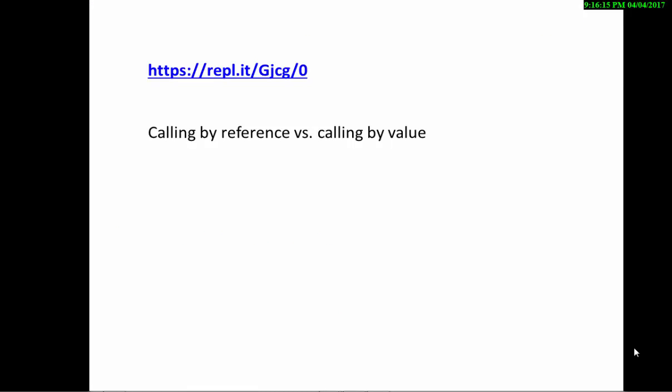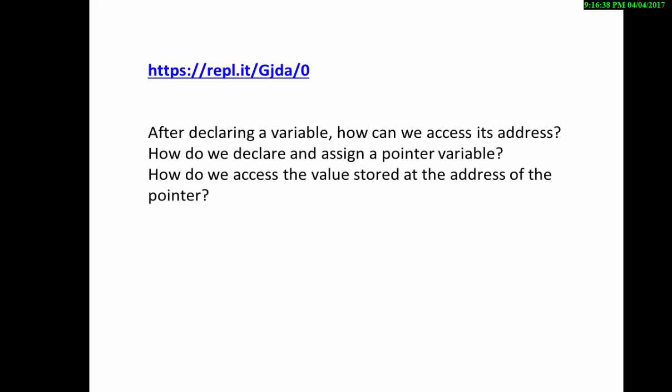All right, that was a nice review of calling by reference versus calling by value. And I think if you understand that calling by reference utilizes a memory address, you can begin to see why pointers are going to be so important, because pointers hold memory addresses. And so we'll go ahead and dig in